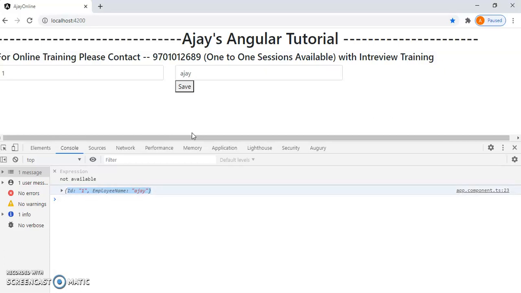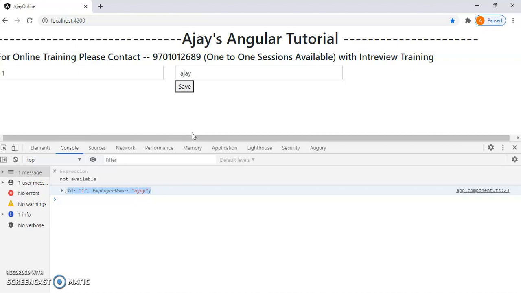So reactive forms directly assign to your model. It reduces the amount of code. This is where we use reactive forms. This is how it should be used.